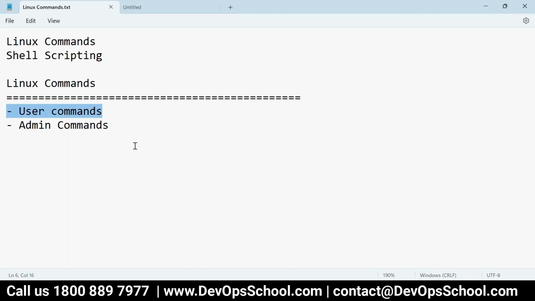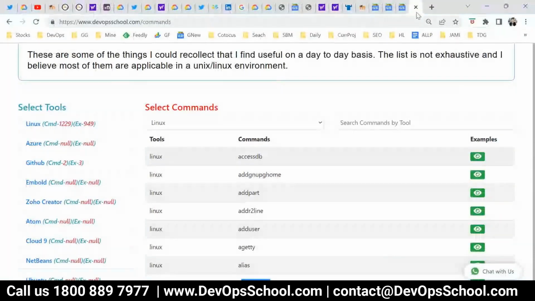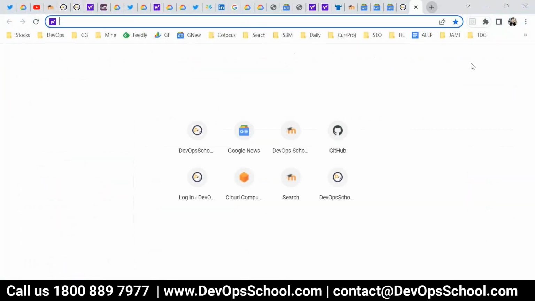In the same way we have commands for that. And admin commands are used for administrator purposes, troubleshooting, system admin, and all kinds of things. So how do we get started? You can refer to it. Google will be much faster actually.